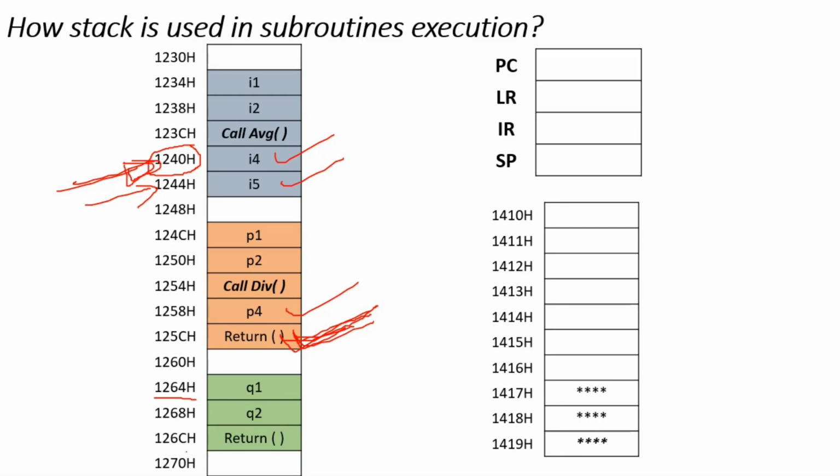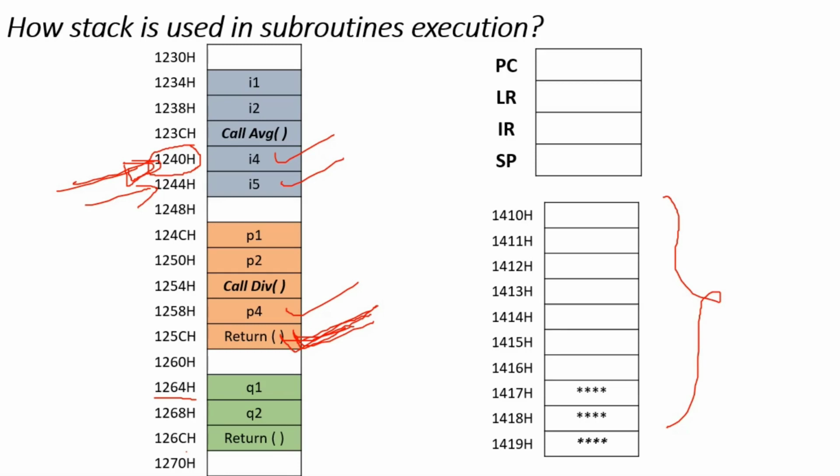So how is the stack used in a subroutine? Whenever there is a subroutine call or function call, the return address, or PC content, is pushed into the stack. If there are multiple function calls, every time the PC is pushed into the stack, that is the return address. When a return statement is encountered, the processor pops out the stack one by one. Here you have to think about the stack order, that is last in, first out. The topmost element must be removed from the stack.